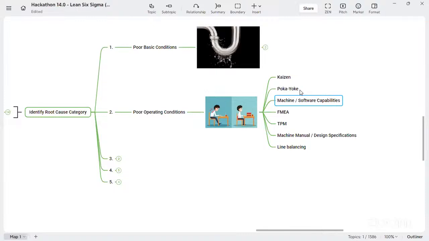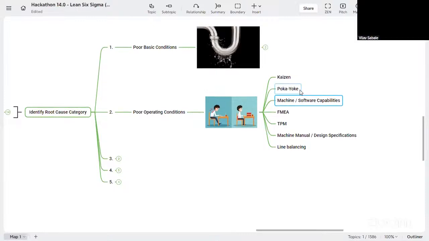Yeah, you're saying OPL can be used. I can see it's some level of solution that we can have, but it's better if we can have the... I'm also coming to that point, right? Which level of countermeasure we should have for our root causes. Okay, I'm also coming to that point.